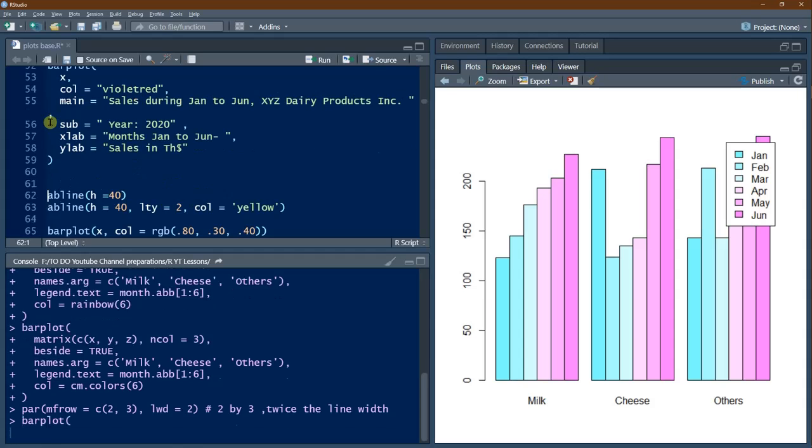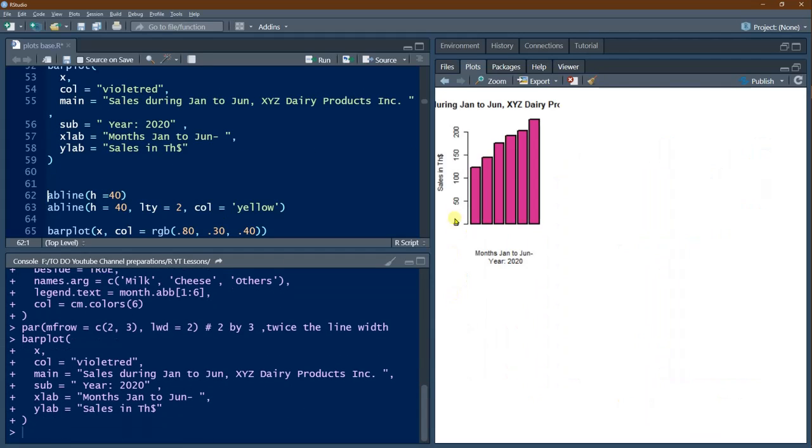Okay. Now we have got the y-axis title here, x-axis months Jan to June, and year 2020 is the subtitle, and during Jan to June, XYZ Dairy Products Inc. This is the title here. Now by adjusting the sizes of the titles using cex, we can make them come inside the allocated